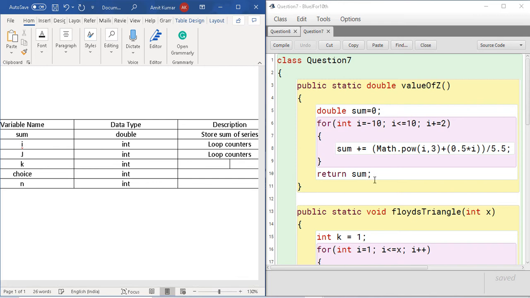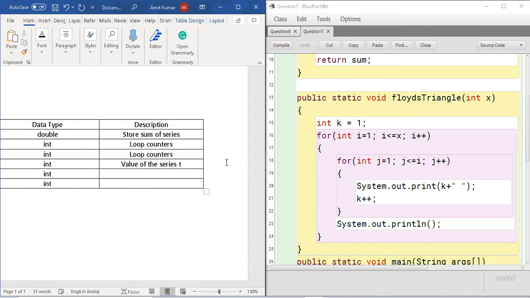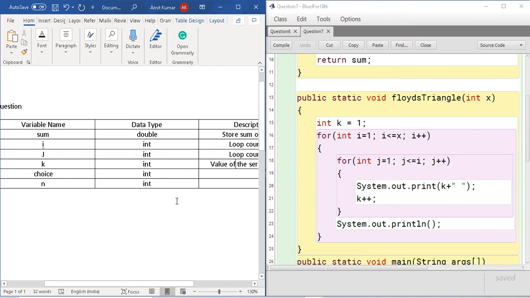If we talk about k, it is to store, I think, or to count something. Let's see. Okay, it is to print in the series. So value of the series to print. There is a series in which we are printing, so this variable is to denote that one. And there are 2 more variables, like choice.